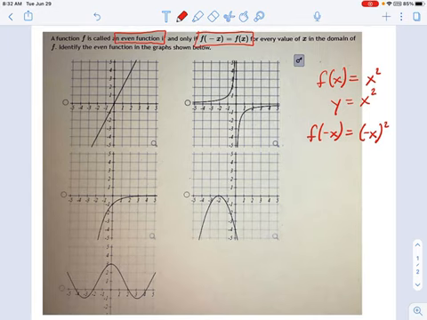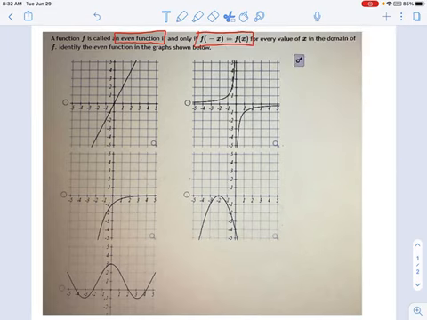Okay? And what this problem is asking you to do is identify the graph where f of x is the same as f of negative x. Or in other words, where the y values are the same whether you're at a positive x value or a negative x value. So what we're looking for is, you look at a graph and say, okay, here's a positive x value. Is the negative x value producing the exact same y value? So let's start with an example.